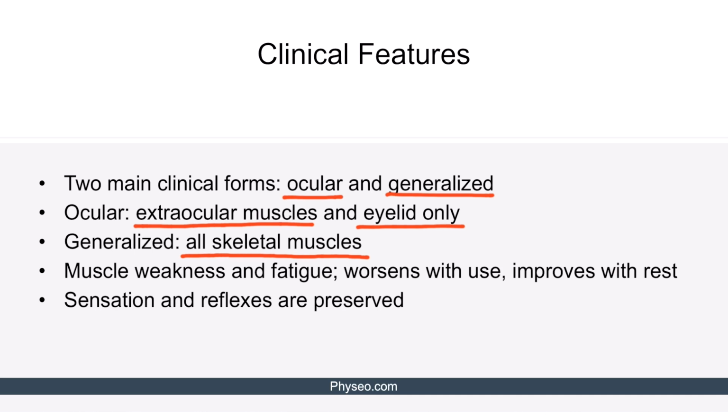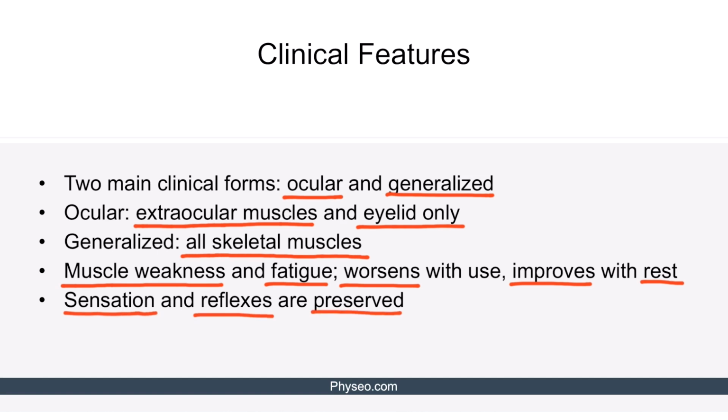in the body. The main manifestation of this disease is muscle weakness and fatigue that worsens with use throughout the day and improves with rest. Under normal conditions, during activity and exercise, the amount of acetylcholine available in muscle cells decreases, especially with repetitive use. Patients with myasthenia gravis experience weakness and fatigue due to the normal decrease in acetylcholine, as well as fewer available receptors. It's important to note that sensation and reflexes are preserved in myasthenia gravis, which is a distinguishing feature of